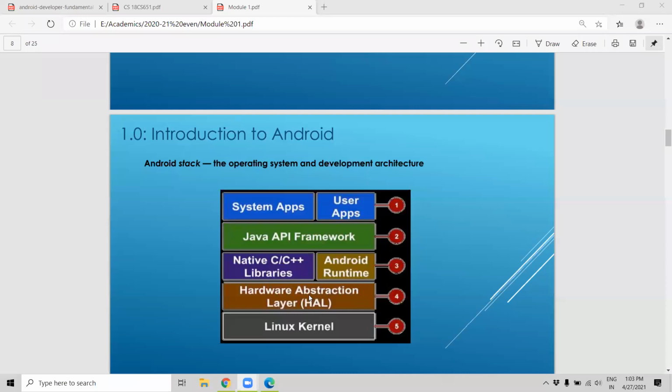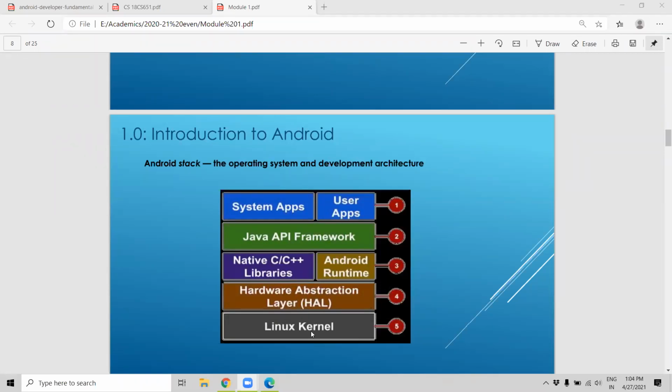When to switch on the camera, that we decide. But we just send that information, switch on the camera, to this hardware abstraction layer. All the other things dealing with that hardware will be done by this layer. All that logic is written here and it has already been given.